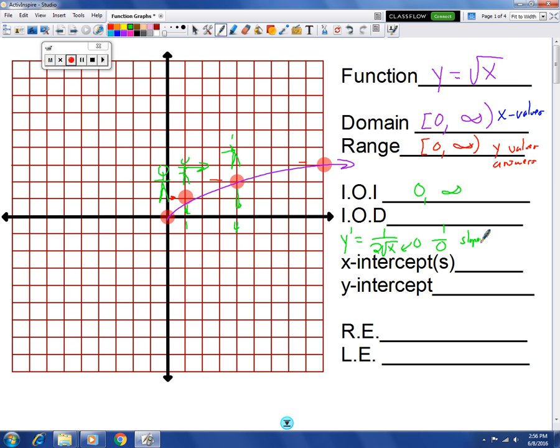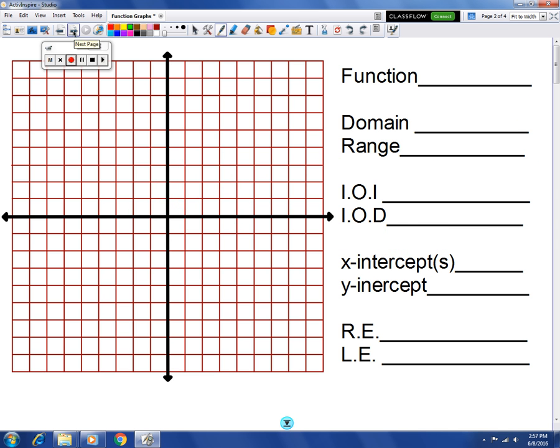The derivative stands for a slope, which you'll learn when you take calculus. That means the slope at that particular point at 0 is a vertical line. It doesn't look like that in this graph, but if you were to zoom in,